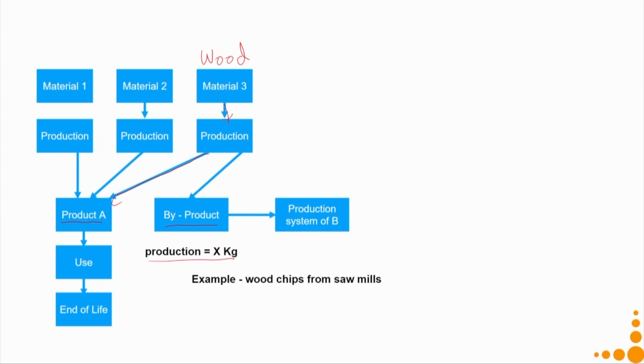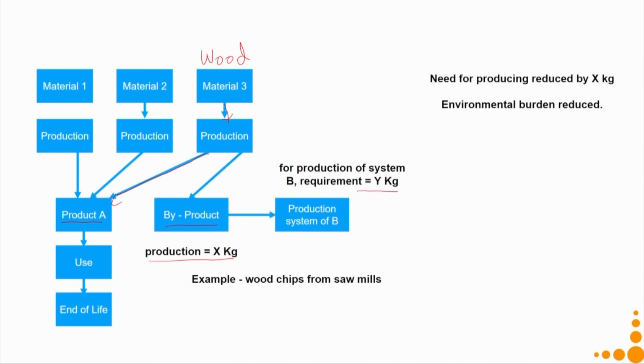Now, my production system of B, which is my production system of plywood, requires y kgs of sawdust. But of course, my byproduct is only x kg, and assuming that x kg is lower than this y kg, now my need for producing this sawdust is reduced by x kg, which means my environmental burden is